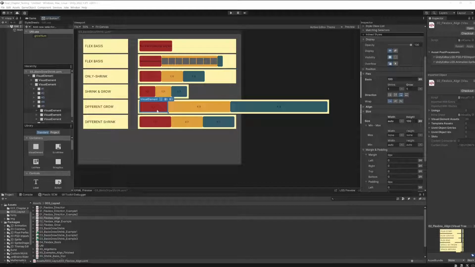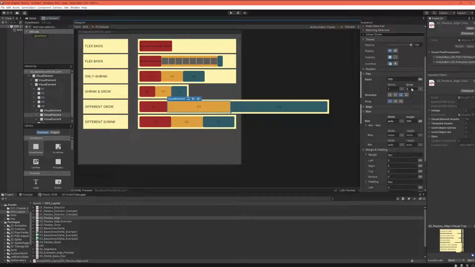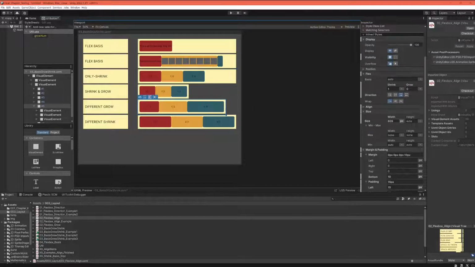So I hope this is starting to make a little bit of sense now. Let's just change those elements back to the grow values that they are actually having on as numbers. Let's just get this element back to its original size. And now the key point that I want you to take away here is the second definition of the flex